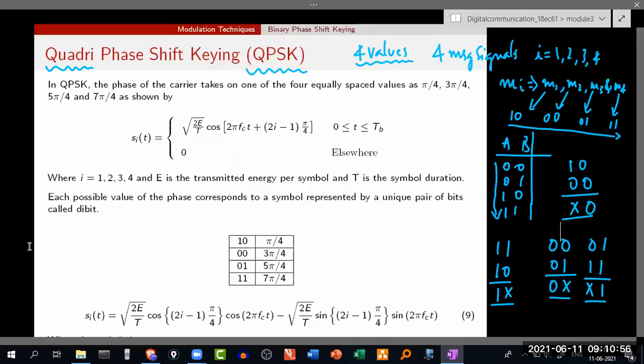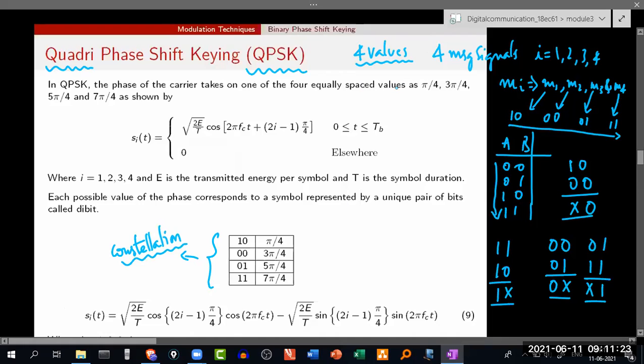Can I have some quick answers in the chat? Gray codes. Yes, that's the answer. So here we are making use of this, because of these gray codes. That helps later in formation of the constellation diagram. So later, while going through this constellation diagram, we'll get to know how this sort of thing helps us.